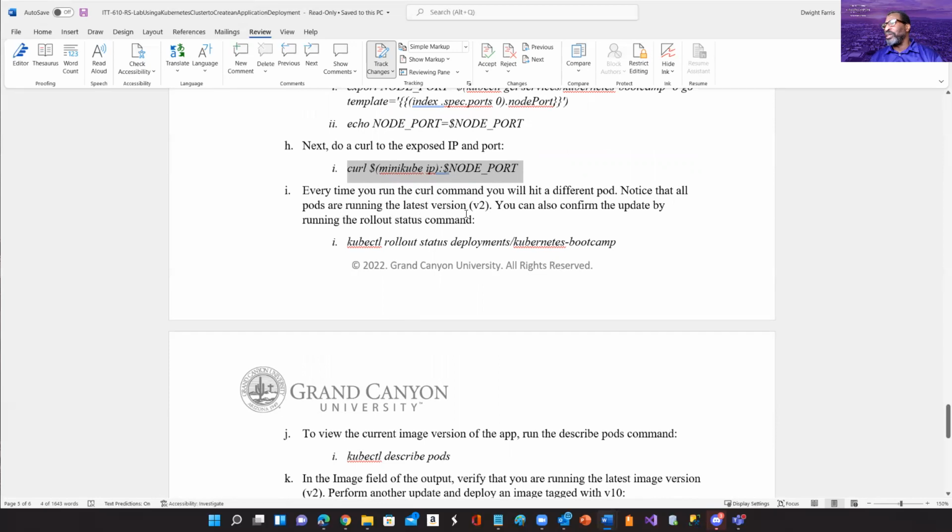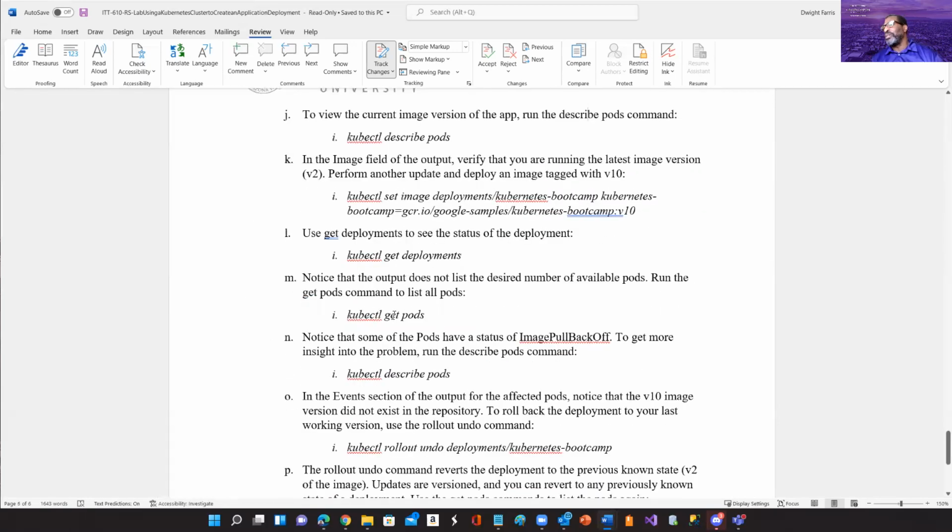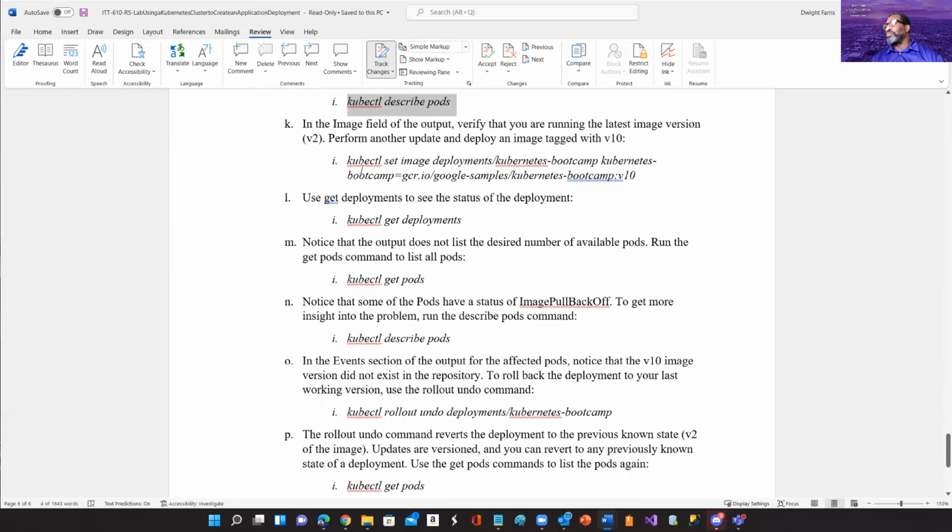Notice that all pods are running the latest version. You'll see that they're not V1 now, they're V2. And you can confirm this with a rollout status deployment for that application, and that is the command there. And then you can once again view and describe the pods and the images. So in the image field of the output, verify you are running the latest image. Perform another update and deploy the new image tag. So basically what you want to do here is emulate what you just did before,